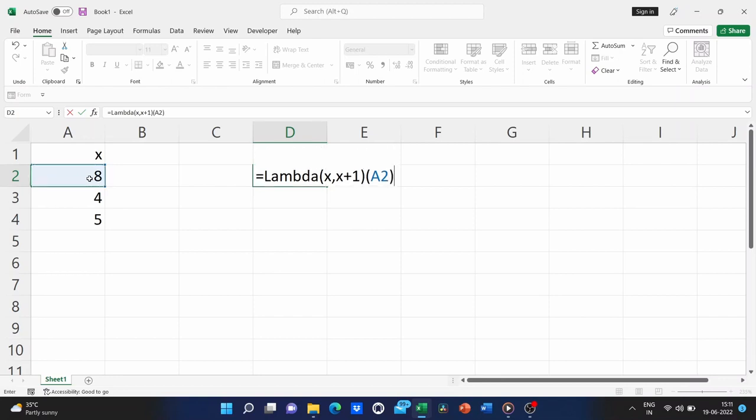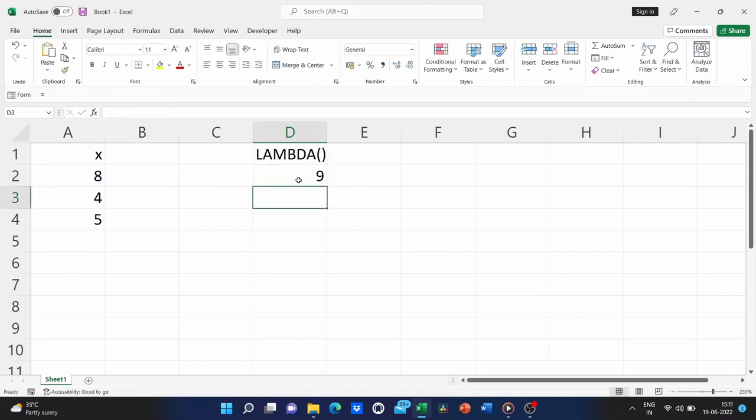Hit enter, and it's taken that value 8 and added 1 to it. Let's copy this down and you can see that it uses A3 as the input for this one, and A4 as the input for this one, and adds 1 to each of those values.